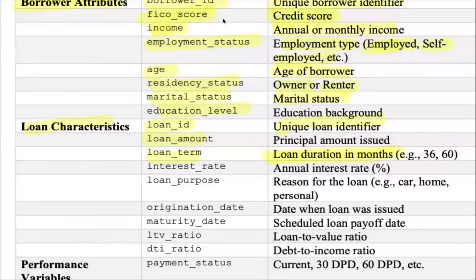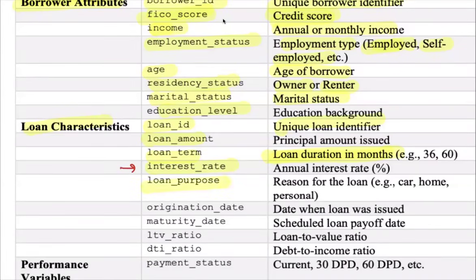Okay. Now, interest rate. Interest rate is nothing but the interest rate the bank is charging. And for interest rate also, they have certain models in place for how much interest they should charge, which also accounts for the credit risk. If they feel that your credit risk is higher, then they'll charge a higher interest rate. But if they feel that you are a good borrower and you have a lower credit risk, then definitely they'll not charge that high. Loan purpose is nothing but